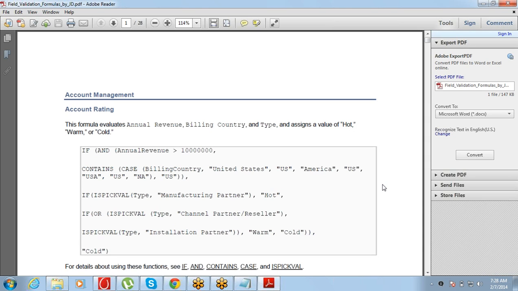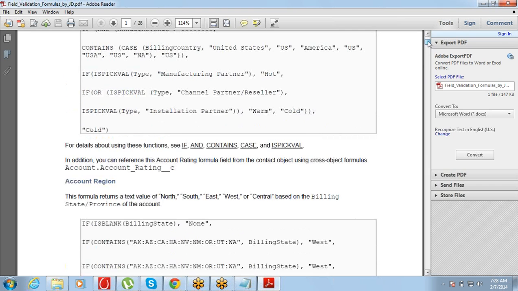Like the first example that you see on this PDF is rating the account. As I told you, if you want to rate an account as hot, warm, or cold, based on your annual revenue, which billing country it contains, and type, it considers 3 fields: annual revenue, billing country, and type, and assigns a value. So it checks all that.